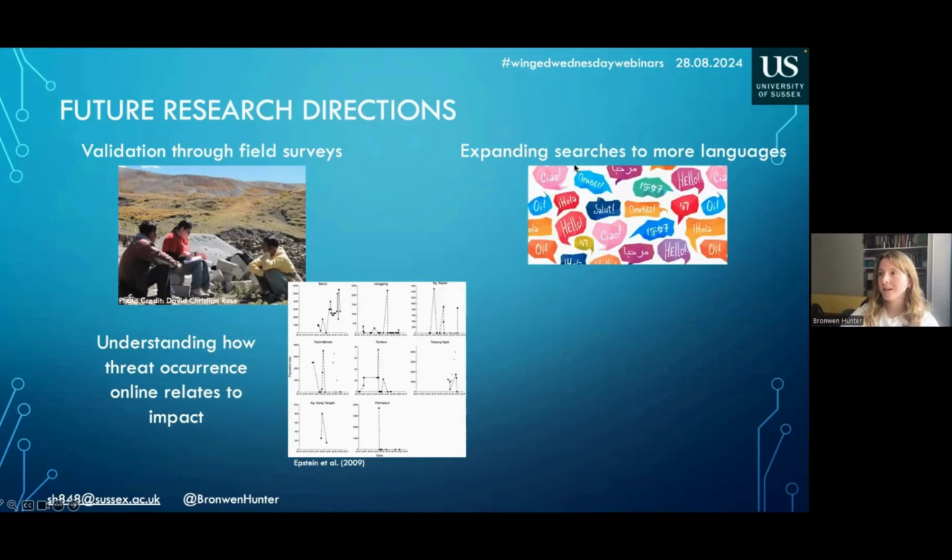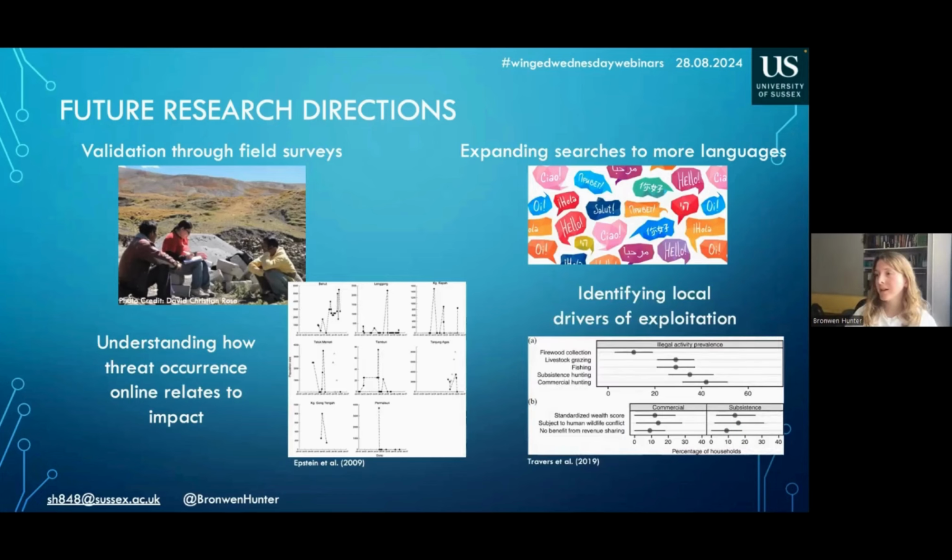population trends. We need to expand searches to more languages. Mine was only conducted in English simply because adding a globally representative sample of languages would have been an overwhelmingly large task. But now that I have the pipeline set up, we could potentially adapt it for use with more languages, as I did with the Indonesian language search.